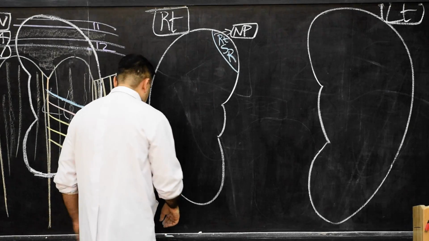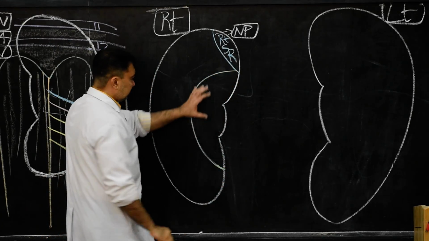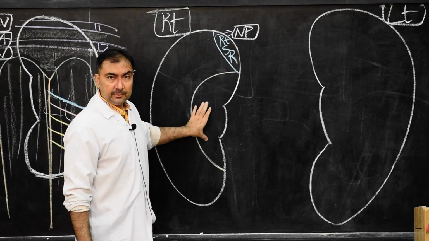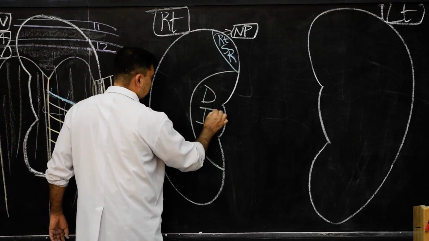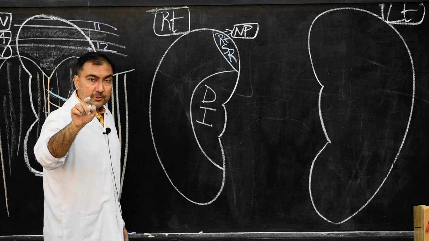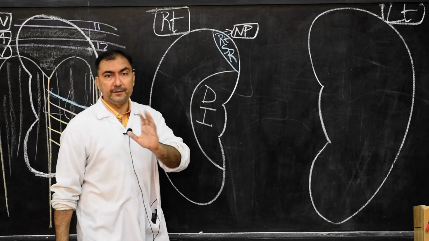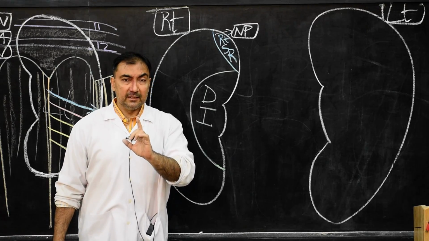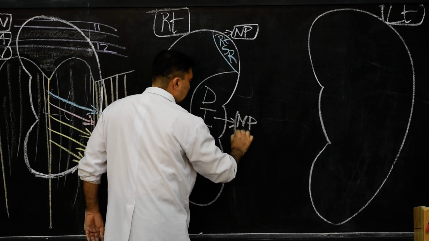Impression number 2. Now impression number 2 here covering the anterior surface of the medial border or the hilum of the kidney, and this is known as duodenal impression. This duodenal impression is related with the second part of duodenum. Remember, it is related with the second part of duodenum, and it is totally non-peritoneal impression.